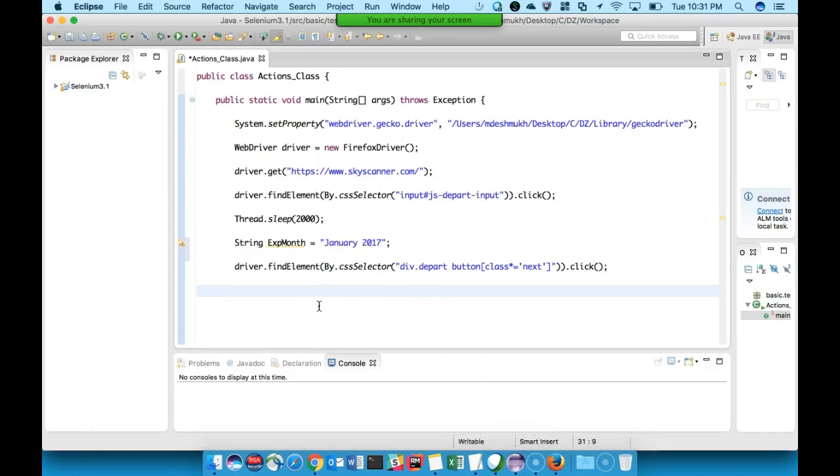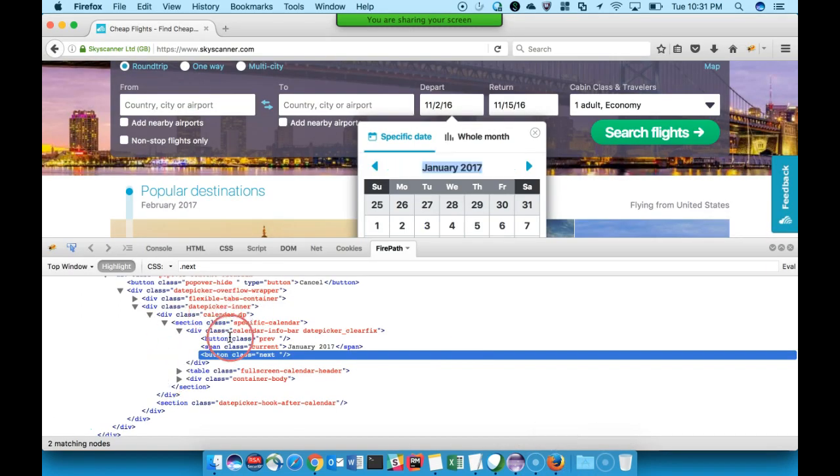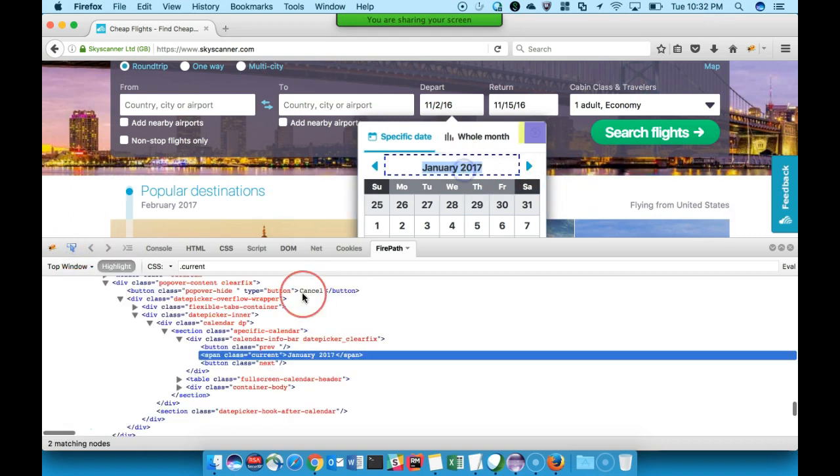So to be able to do that, let us first get the current month. To get the current month, if you see this span over here, it gives us the current month. When we inspect this, again there are two matching nodes. The current is the class and span.